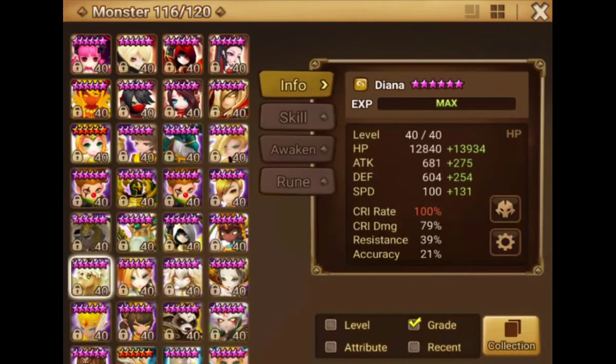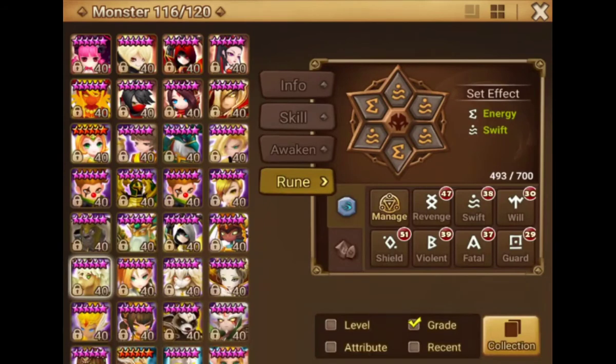Diana. And she's on, no, I'm sorry. I'm gonna say she was originally on Violent. She's not anymore. Her energy set stayed the same. So my idea was, if I had to pick Diana, I want her to be fast enough to strip and into a unit that could